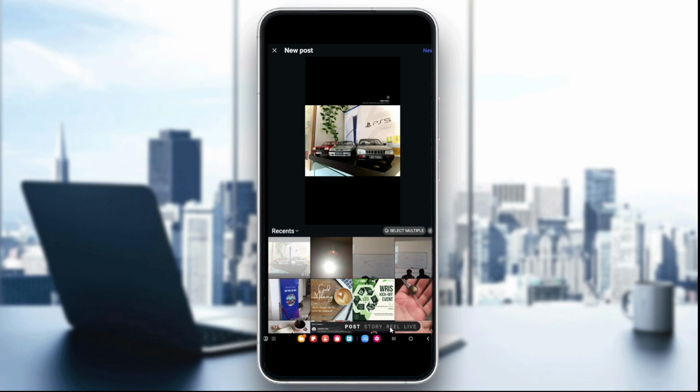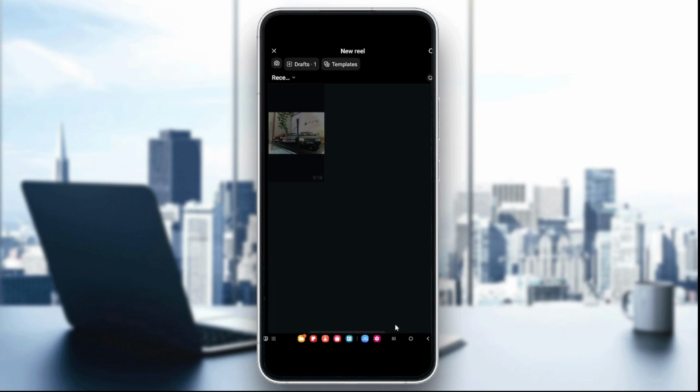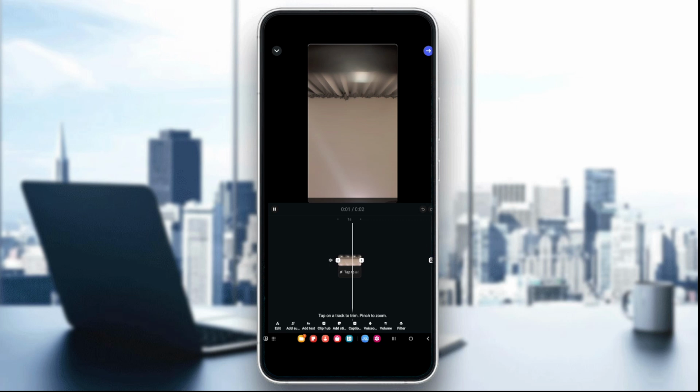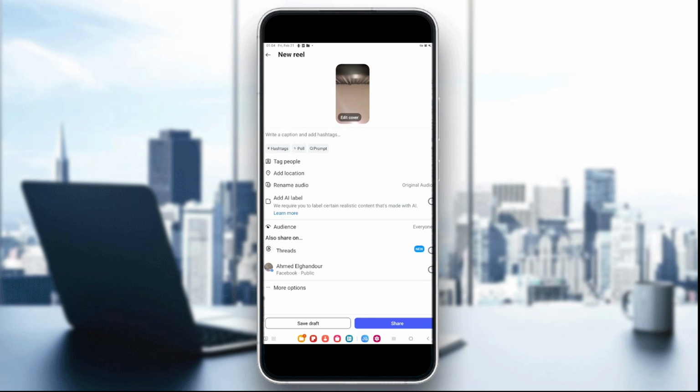Let's see here, select reel. Click on keep editing and then record your reel. Now after you select the reel and record or upload a video, tap on next, and when you're done editing,